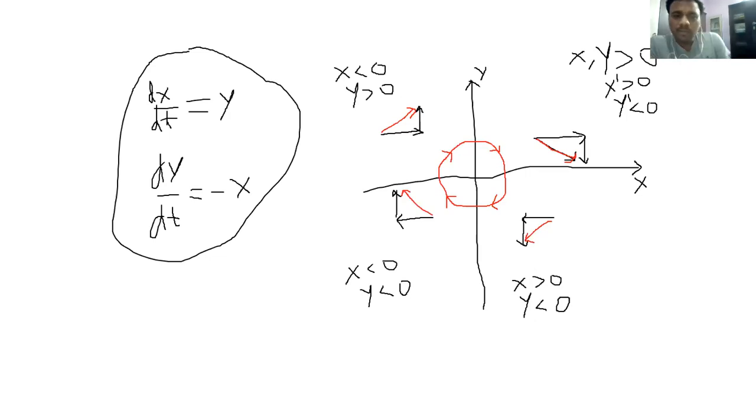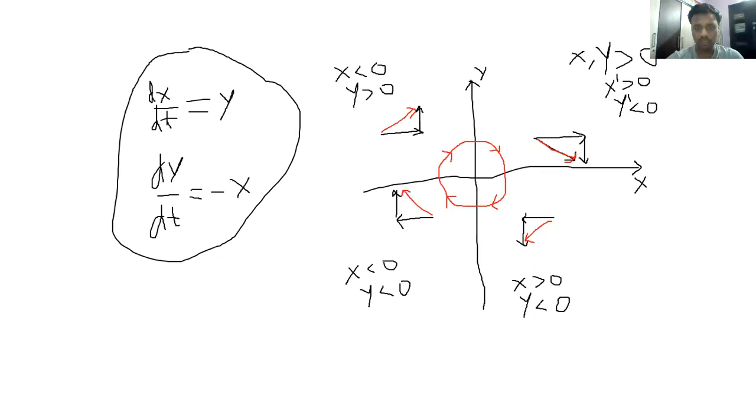So these are the directions of the trajectories, but we did not plot the trajectories up to here. We have an idea: a trajectory will start from an initial point from here, then it goes like this, then it goes like this, right? And the direction of the trajectory will be from this to this.